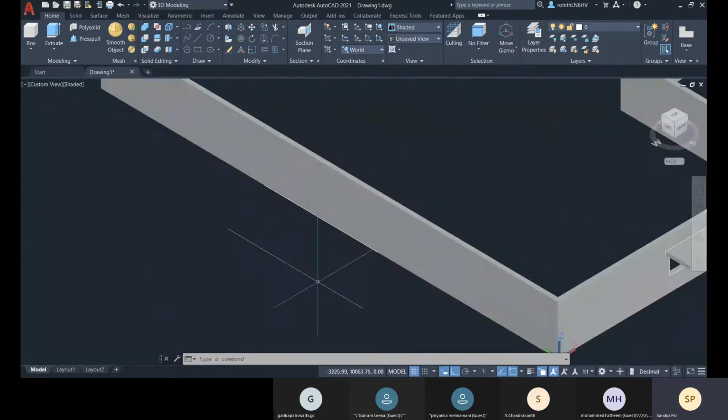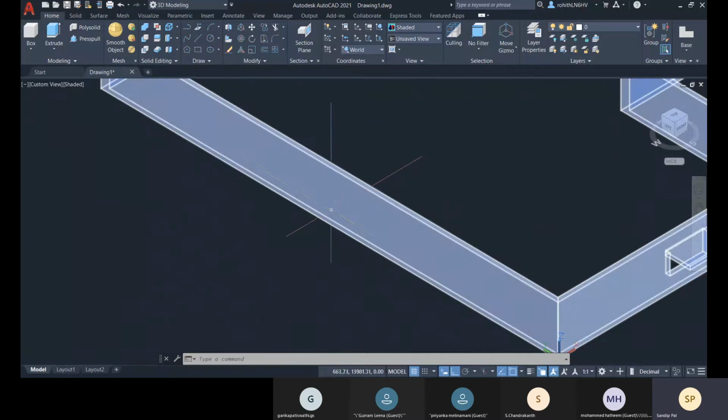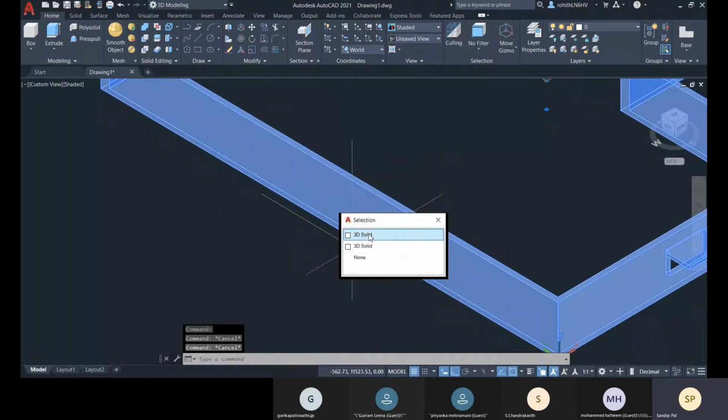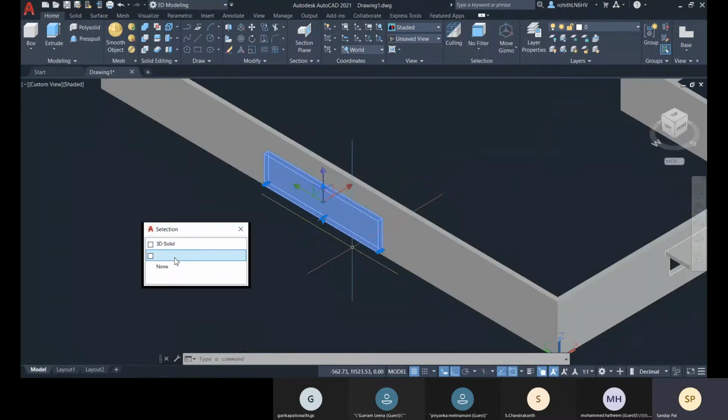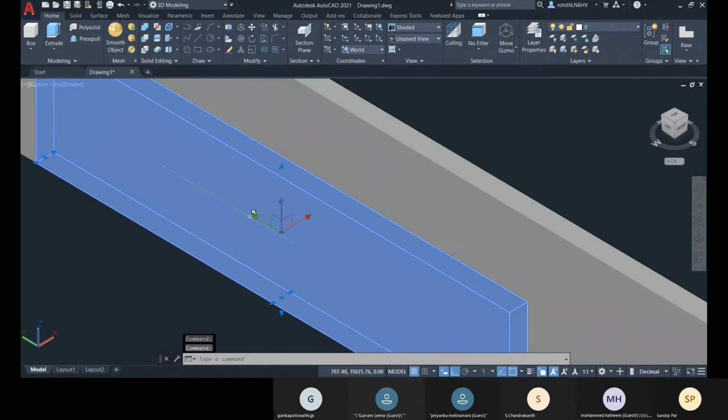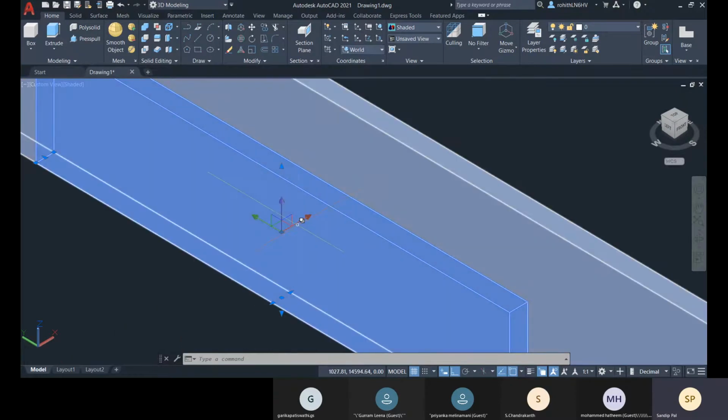Okay, so you can easily select that, or even if it is not highlighted, even if you click on that, make sure that you will get this option to choose your desired object. So this is my desired object. I need to select this, and here you see this is called gizmo or pivot. So this is called gizmo.